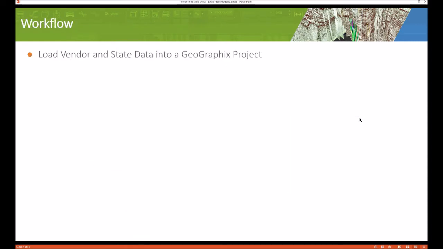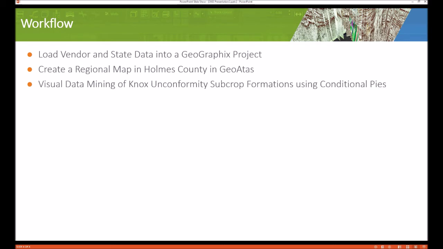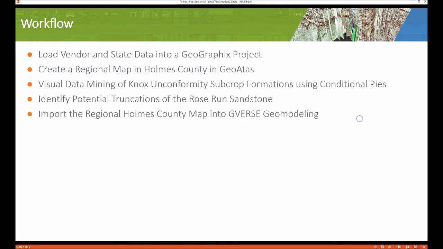Today's workflow will start with talking about loading vendor, particularly state data, into a GeoGraphix project, creating a regional map in Holmes County in GeoAtlas, visually mining data of the Knox Unconformity subcrop formations using conditional pies, identifying potential truncations of the Rose Run Sandstone, importing the regional Holmes County map into GVERSE Geomodeling,